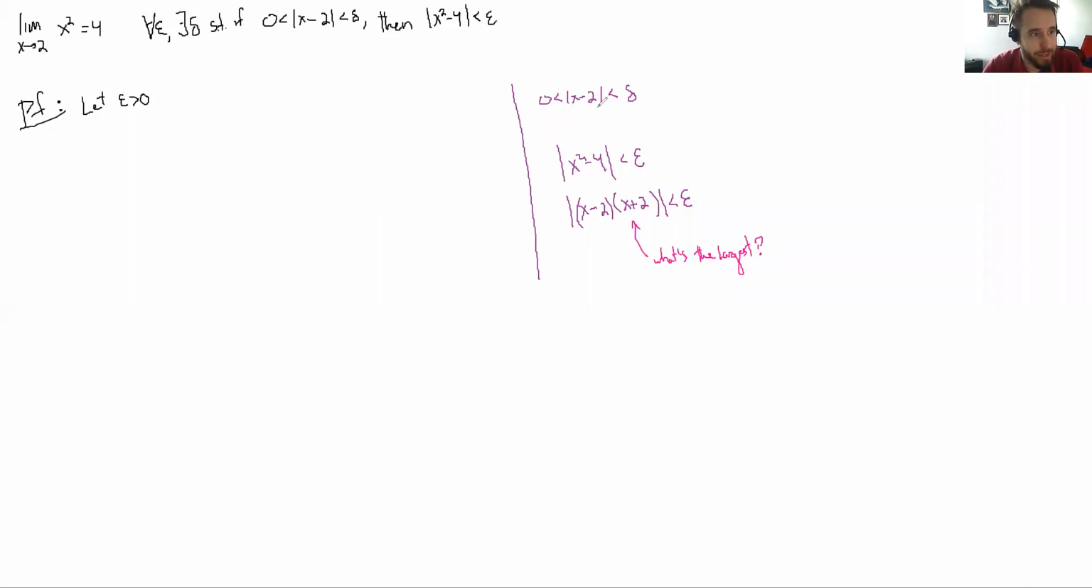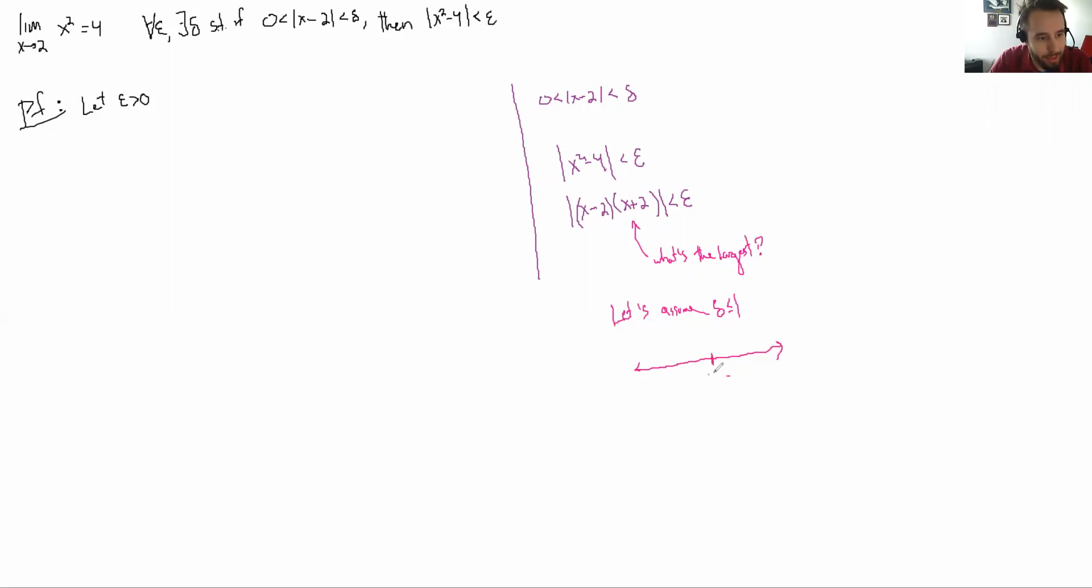So let's actually do something kind of sneaky. Let's set an absolute maximum value that delta can be. Let's assume that delta is less than or equal to 1. So delta will be less than or equal to 1. What does that mean about what our potential x values can be and what this quantity x plus 2 can be? Well, if delta is less than or equal to 1, and I'm only looking at x values that are in this range, well, that range is equivalent